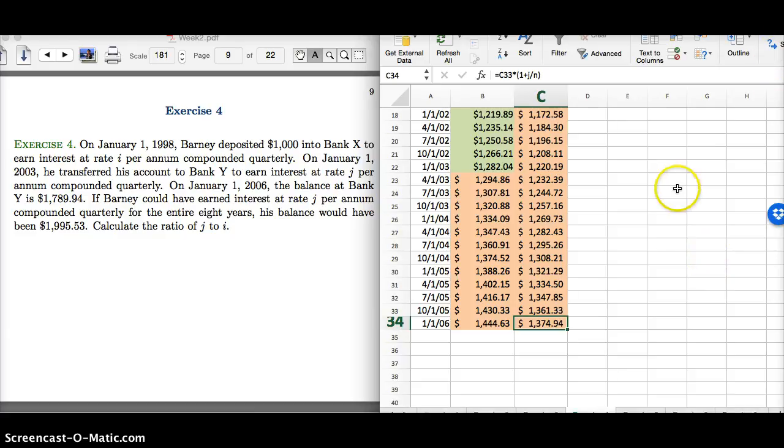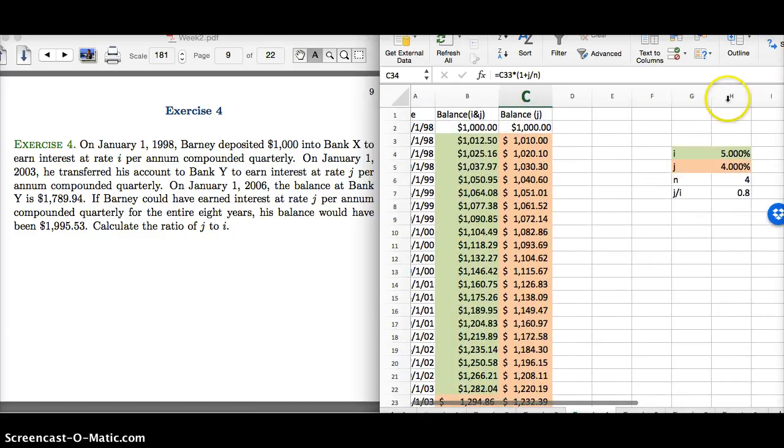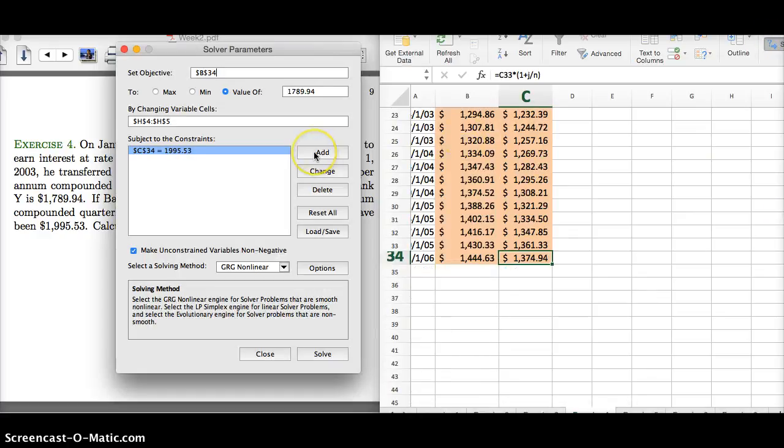So I'm going to use my Solver to find I and J. So my objective is to let B34, so this amount, equal 1789.94, because that's what I want to end up with under the first scenario, by changing H4 and H5, that's where I have the I and J. And then I also want 1995.53 for the ending balance in column C, so I'll put that as a constraint, that C34 should be 1995.53, and then I'll ask it to solve,